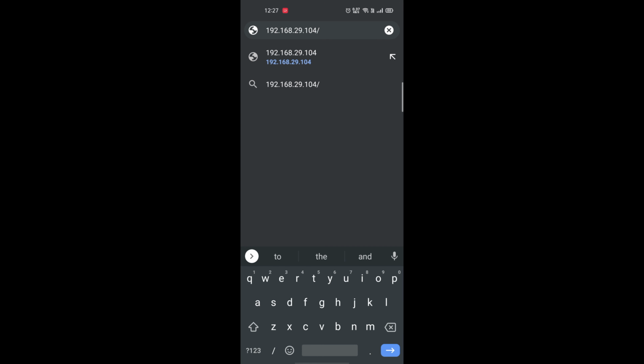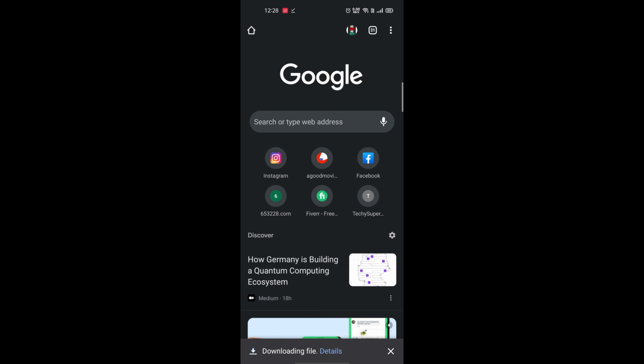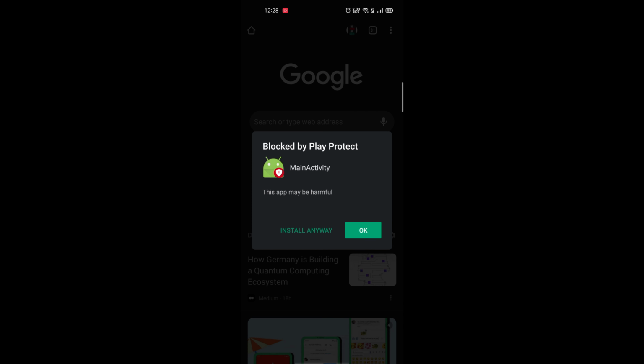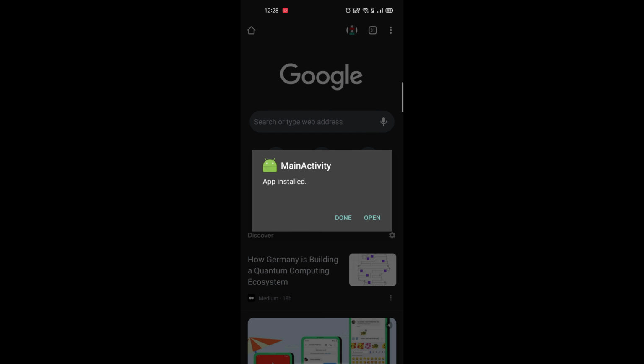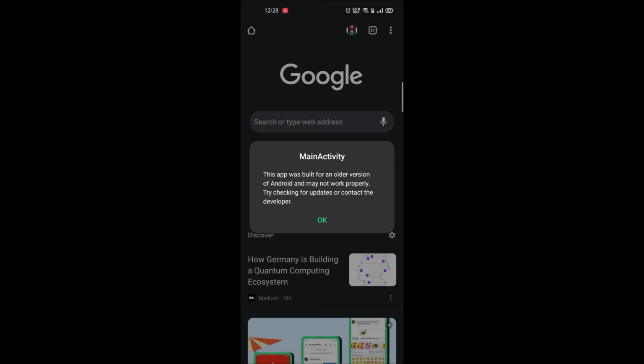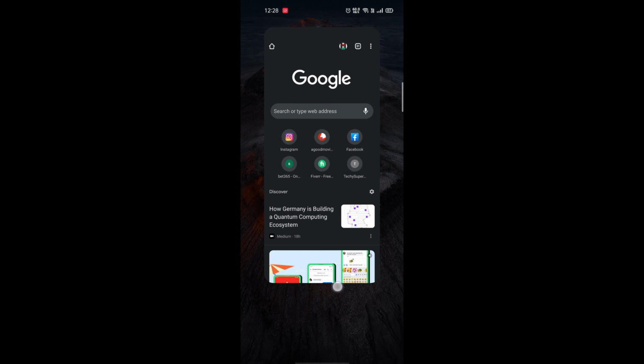Now you have to put the name of the payload, which is demo.apk in my case, and you can see it has downloaded that file. Click on open and install it. Install anyway and hit open. You can see all the permissions are granted by default. Click continue.